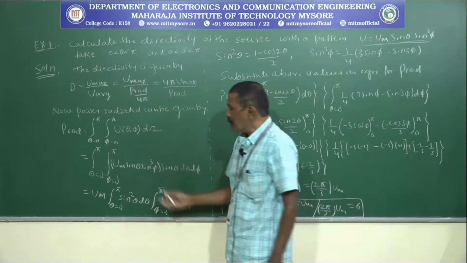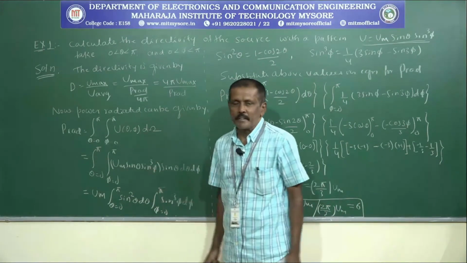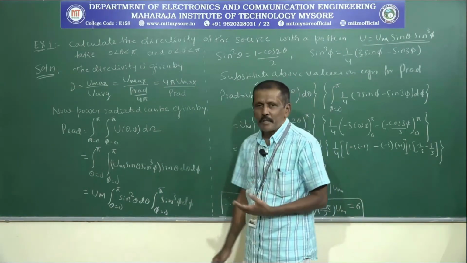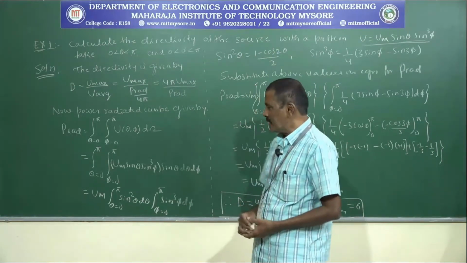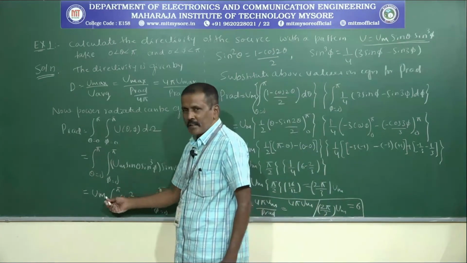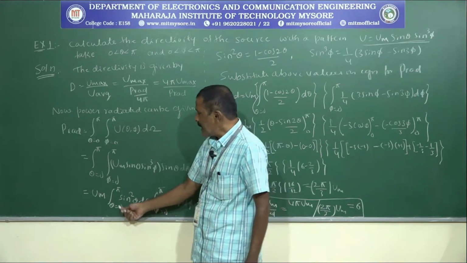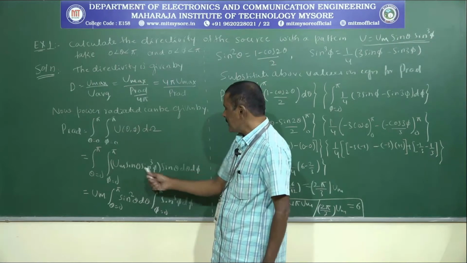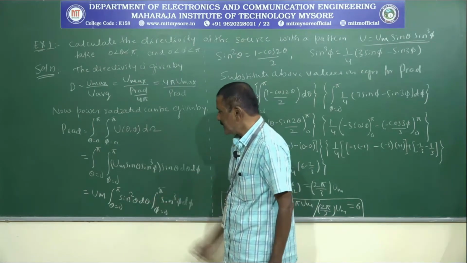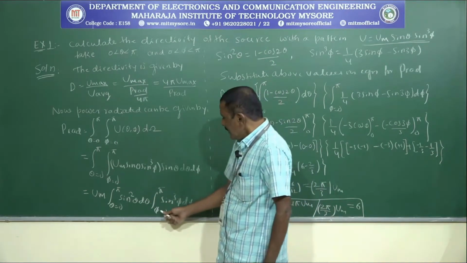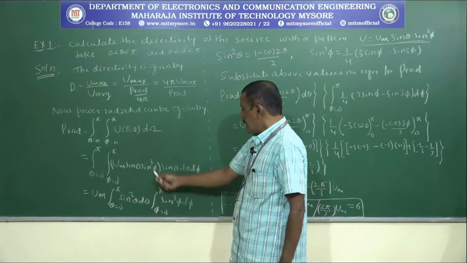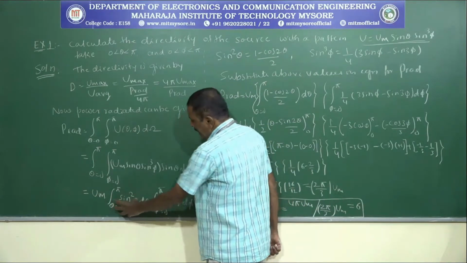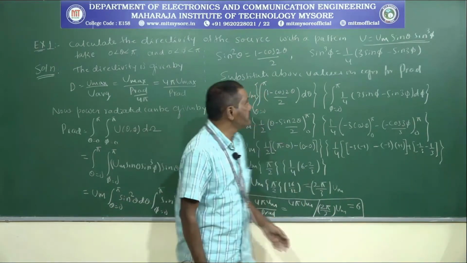To integrate this equation, as we have a theta term and a phi term, take the theta terms on one side and all the phi terms on the other side, and Um is a constant, so you take it outside. Then theta from 0 to pi, it is sin square theta, because sin theta and sin theta become sin square theta into d theta, and then phi from 0 to pi sin cube phi into d phi. Separately integrate this and separately integrate this.